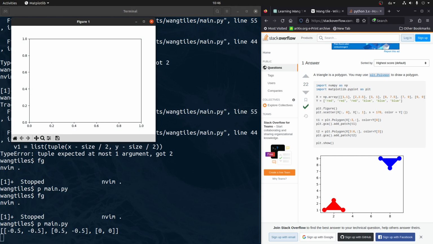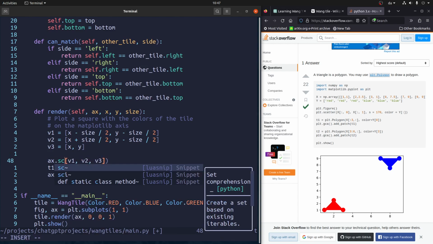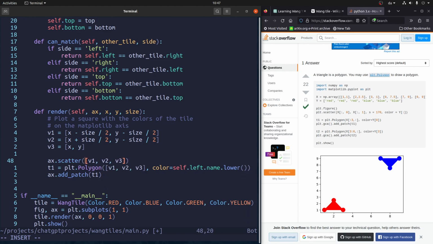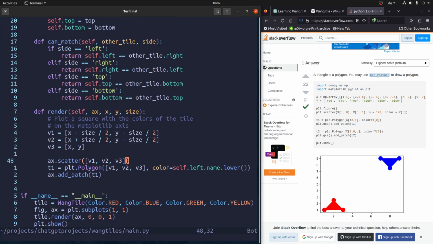Looks all right to me. What if we also scatter them first? Right, then it cannot do it. It's a bit annoying, so